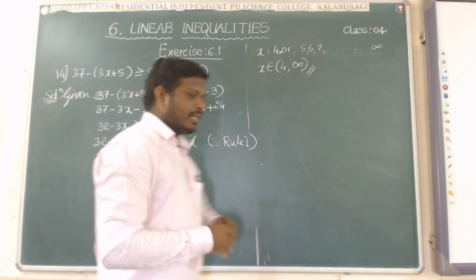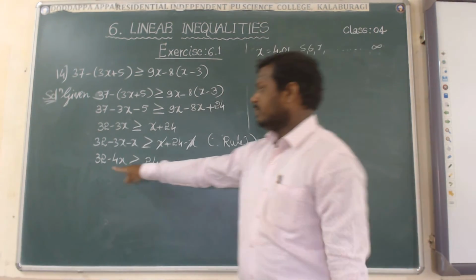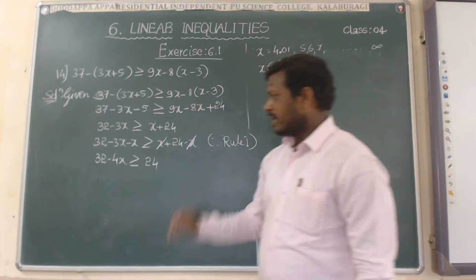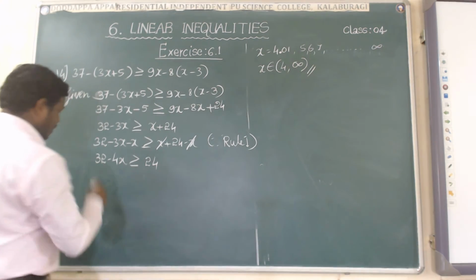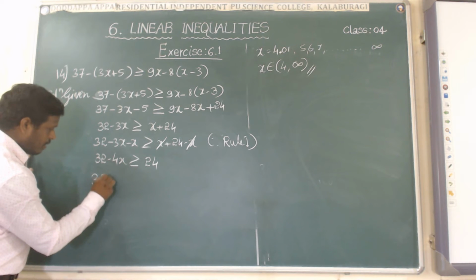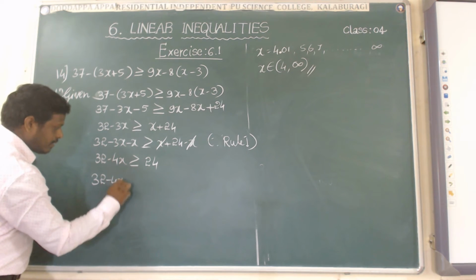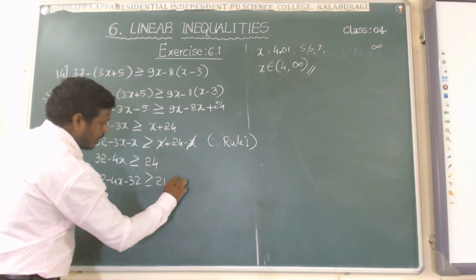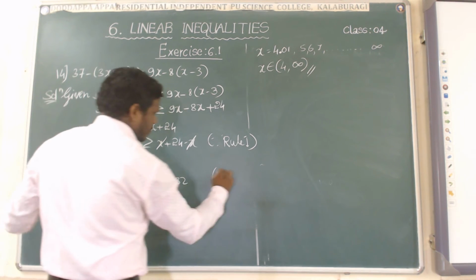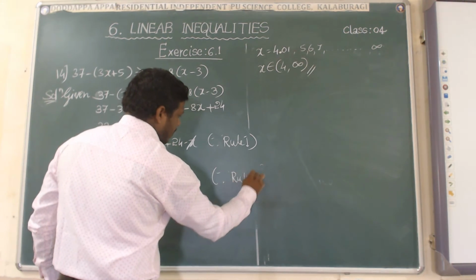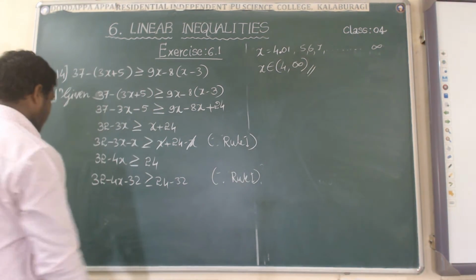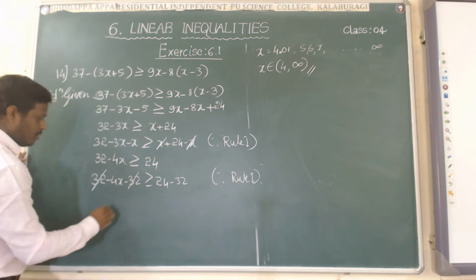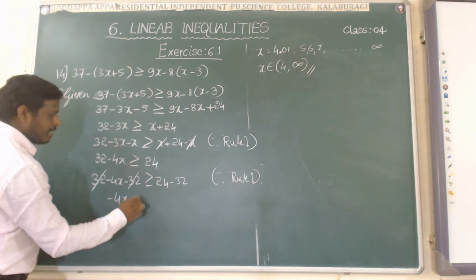Again I want to remove the 32 from the LHS side. So what we do here, we have to subtract 32 on both sides. I will write: minus 4x plus 32 minus 32 is more than or equal to 24 minus 32, because of the first rule. Again I am using only the first rule. Now simplify: this plus 32 minus 32 becomes 0, and left here is minus 4x, and write the symbol